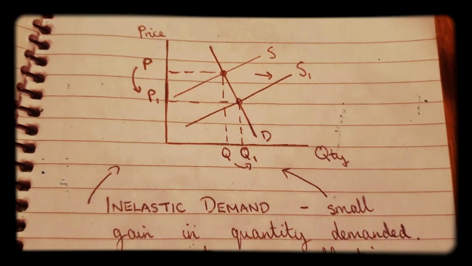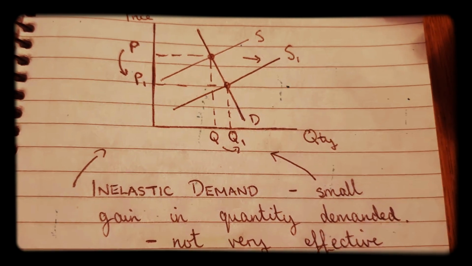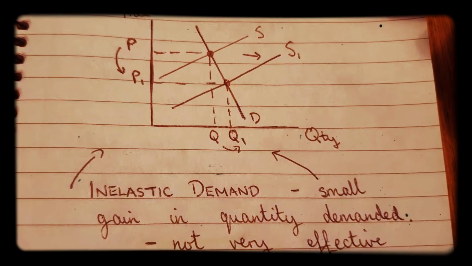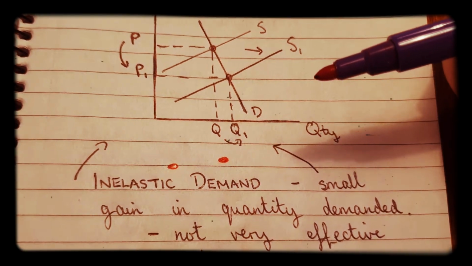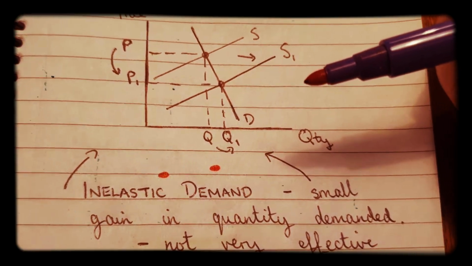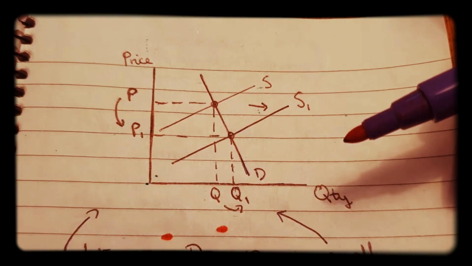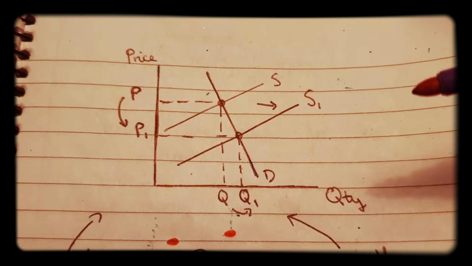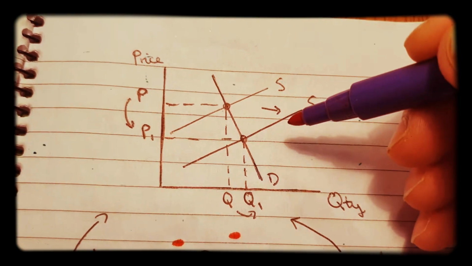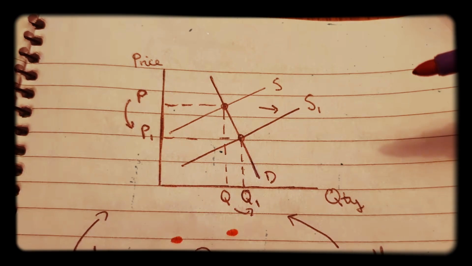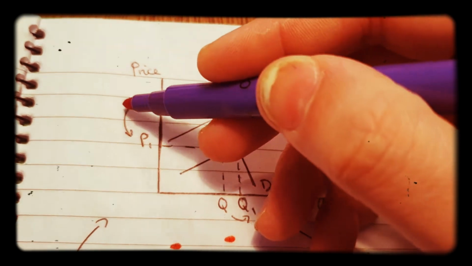Okay, so now we're going to have a look at how the elasticity of demand has an effect on subsidies. So this is the case of inelastic demand, so PED between 0 and 1. So as you can see, the demand curve is very steep, therefore showing the inelasticity of the product. Now, supply has shifted to the right because the subsidy has been imposed. Okay, so as you can see, there is a very large